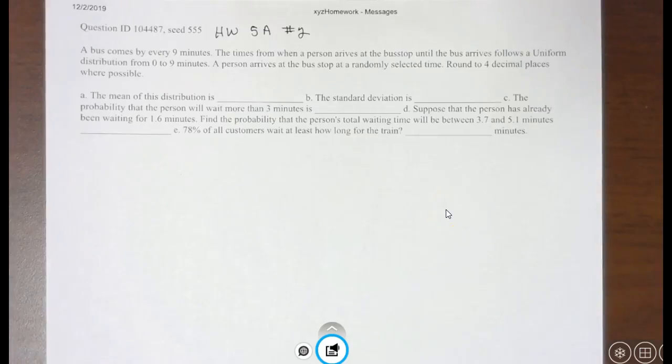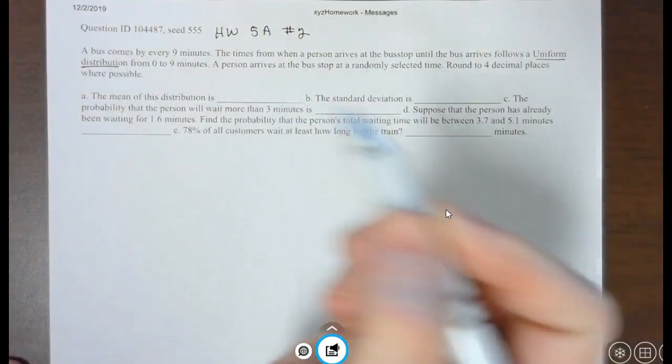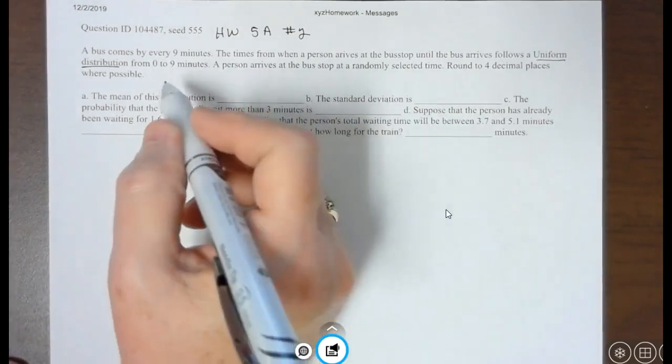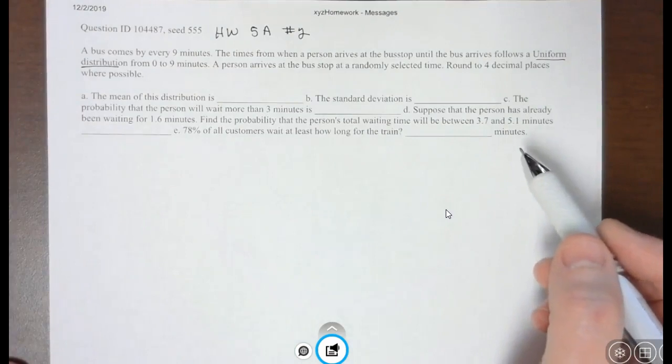So here we have a bus that comes every 9 minutes. The time from when a person arrives at the bus stop until the bus arrives follows a uniform distribution. That's important for us to know because that tells us what kind of distribution it is. From 0 to 9 minutes, a person arrives at the bus stop at a randomly selected time. Round to 4